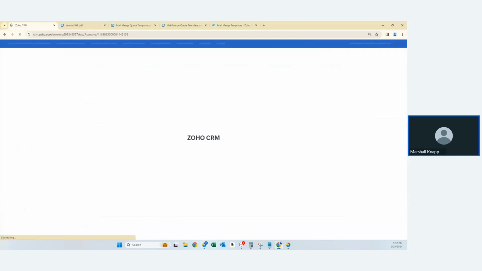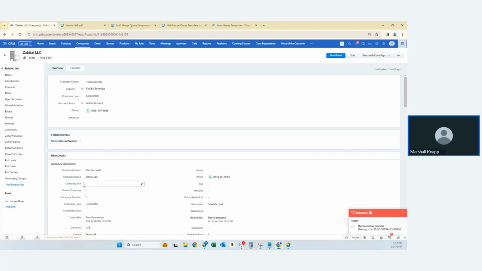No, we've just got a couple minutes left, so I'm just going to get through a couple of last features here, and then we'll try to address any additional questions that we have. All right, so we've got this company here, Zabitat. And if I go into find and merge duplicates now,